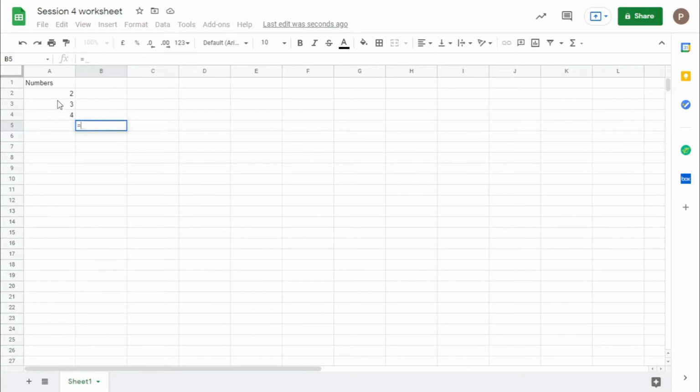And you directly give reference to these cells. If you give reference to the cell, it directly gets added. So if you check this now, by adding these three you get the value 9. So in this, what's happening is directly adding the values in the cells. This is called referencing.